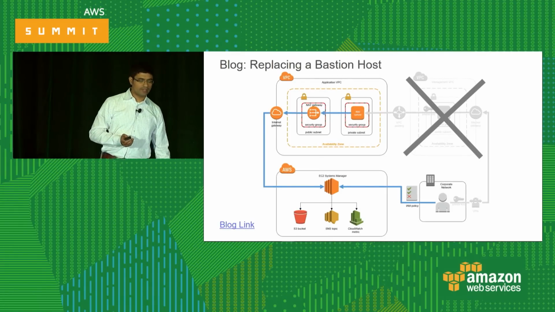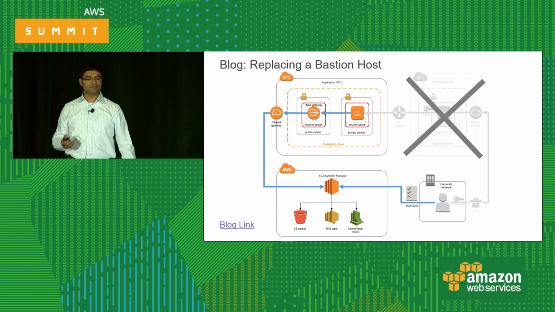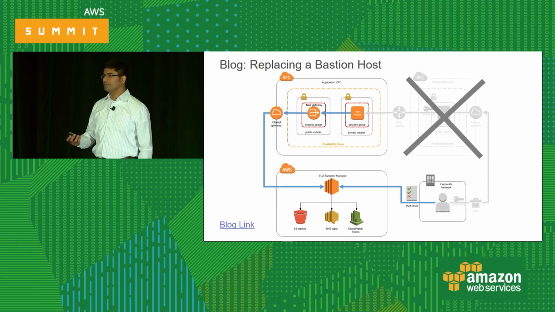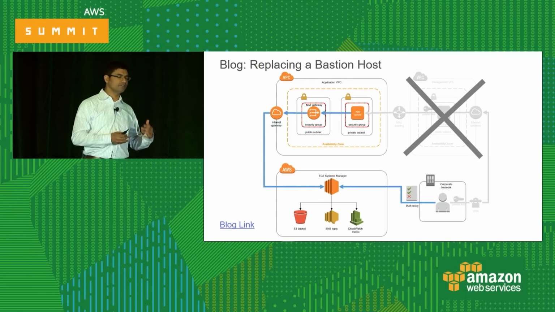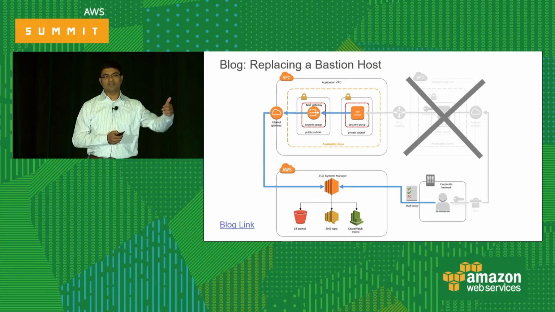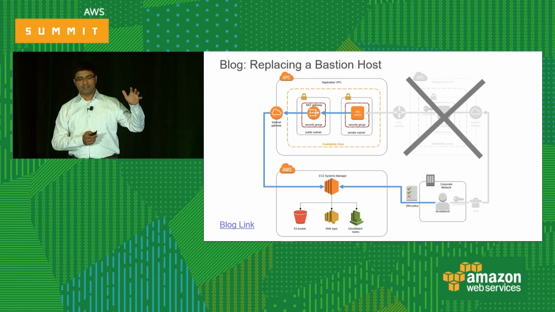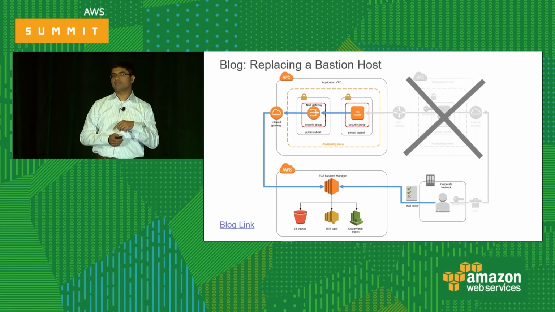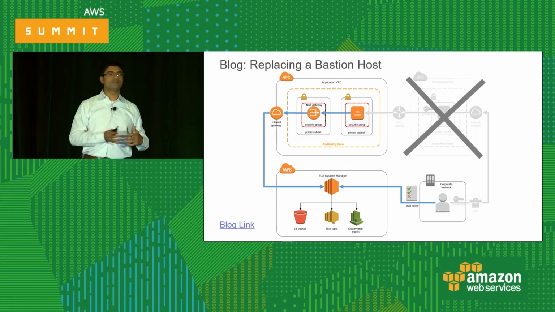Here's a blog post link, as well as a diagram that shows you how to replace a Bastion host. So this is a Bastion host or a jump box that traditionally we've had to maintain because users want to go to servers and administer them. What we can do by taking all those actions and making curated lists of documents is eliminate that entire set of Bastion hosts. So that's an entire infrastructure that we don't need to maintain and don't need to worry about